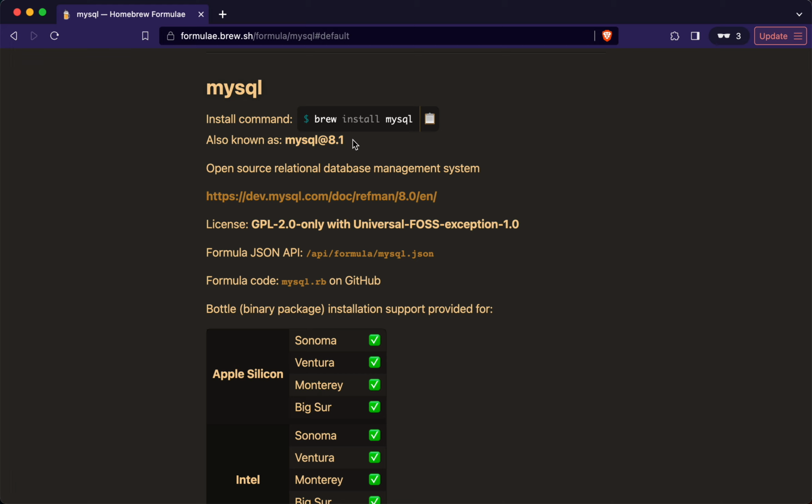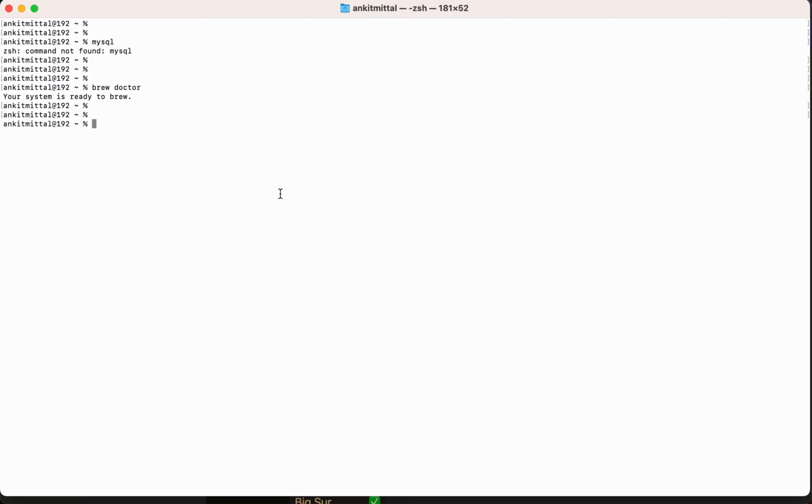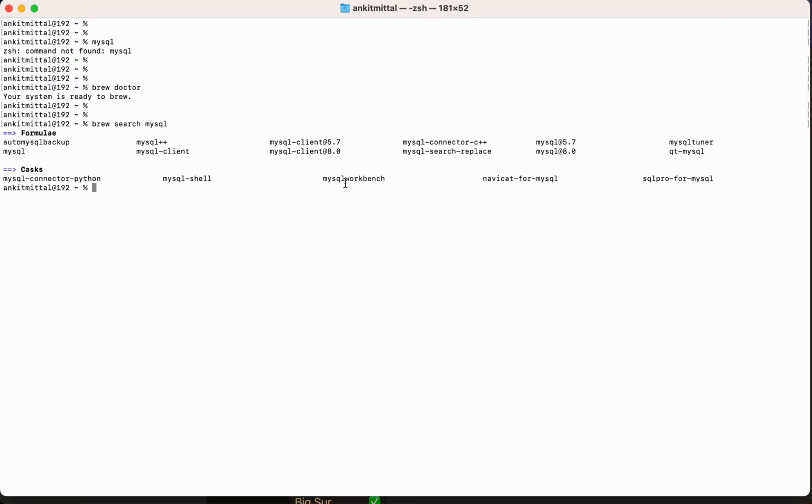Now I will go to the terminal again and let's see what are the versions which are currently supported by Homebrew by just running the brew search mysql command. So in the output, you would see mysql@5.7, mysql@8.0, and this mysql.